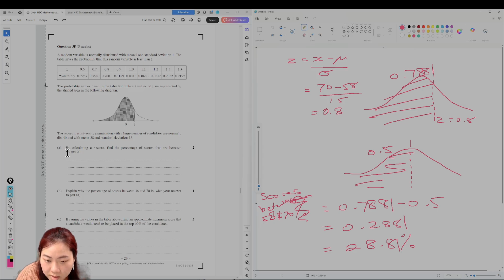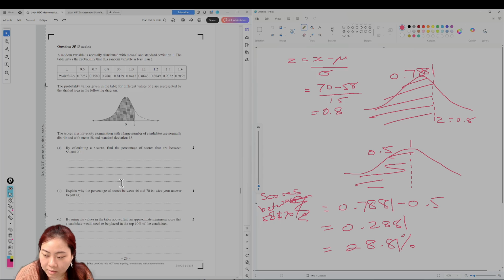B. Explain why the percentage of scores between 46 and 70 is twice your answer to part A. 46, is that 12 under? Yeah, it's 12 under, because it's exactly on the other side of the mean. So 70 is 0.8 z-score above the mean, and 46 is 0.8 z-score below the mean. Therefore, since the normal distribution graph is symmetrical, if it's the same distance away from the mean, it's going to be the same percentage on either side. Therefore,